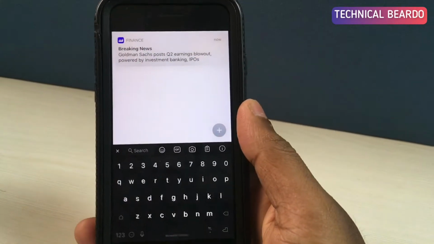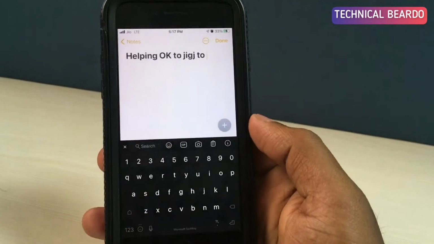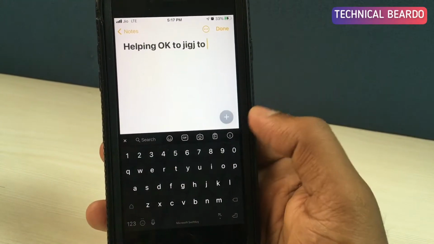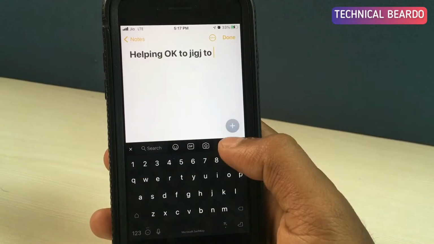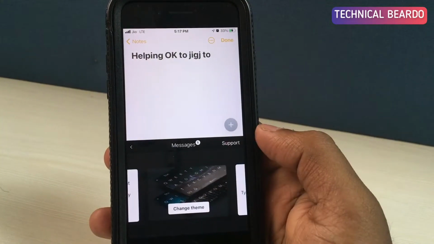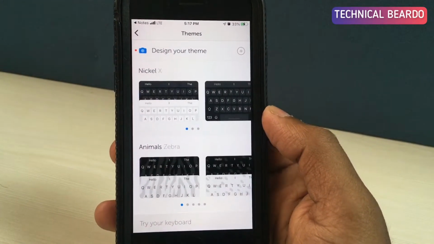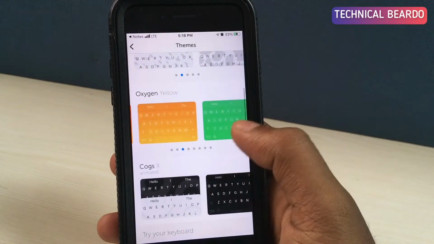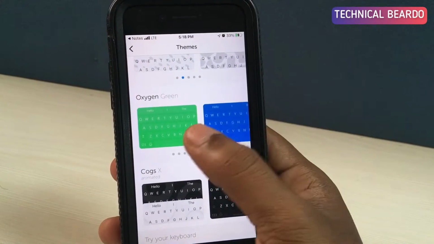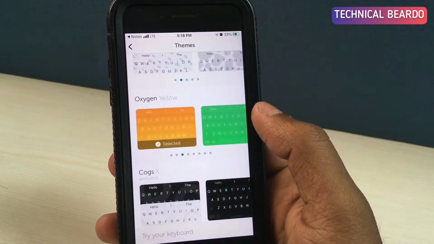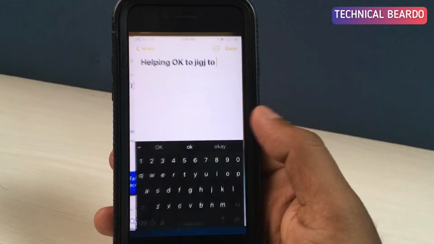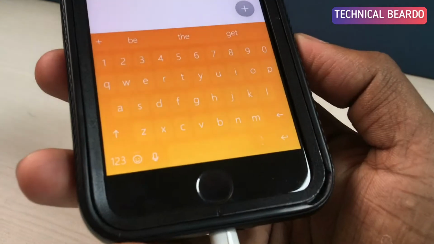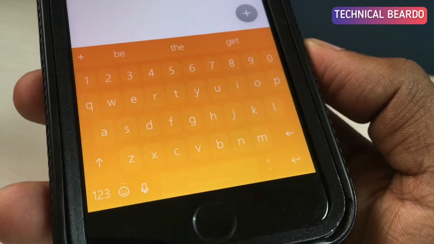If you tap on the left side plus icon, there are options available for you like GIF, scan or click a photo and send, or more options like clicking on the i button. Once you tap on the i icon, there are more options available for you, right? One of them is change theme. If you tap on change theme, it is a completely free theme store available for you to change the theme on your keyboard, right? You can choose any one of them and use it. Once you have selected one, if you go back, you will see it on your keyboard. I feel great using this keyboard with an amazing theme.